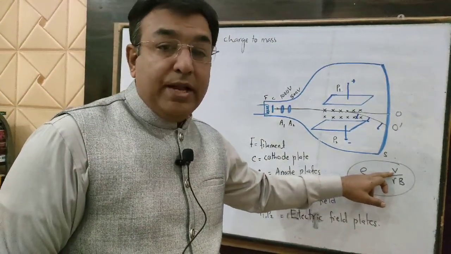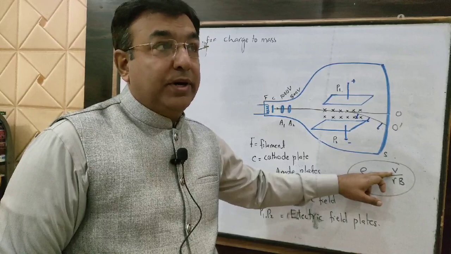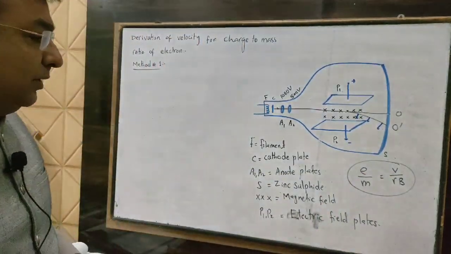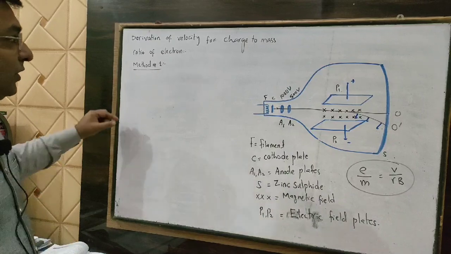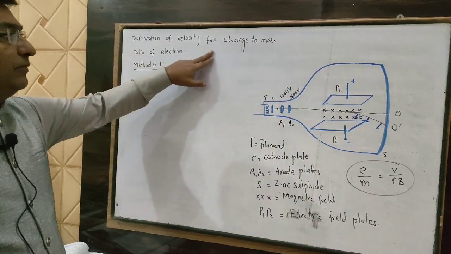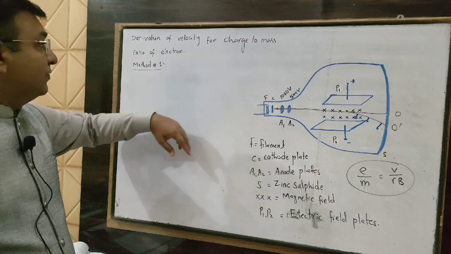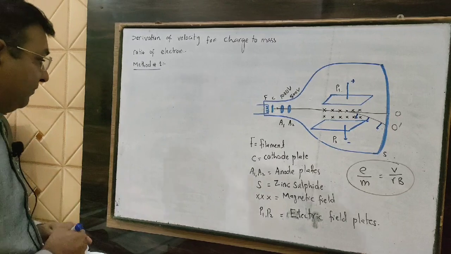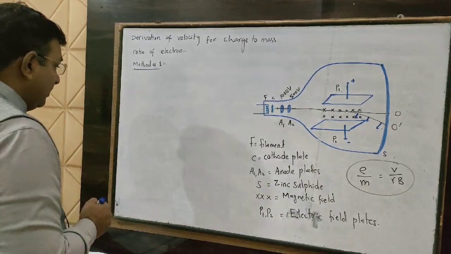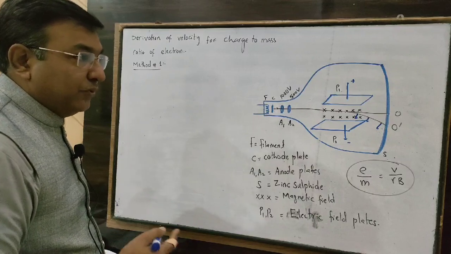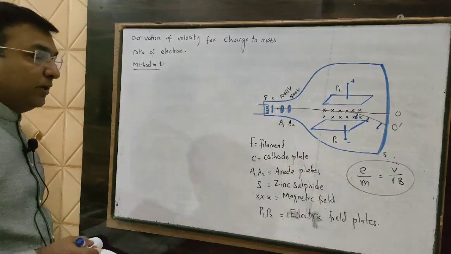If we change the formula for v, then this equation will rearrange into another form. So now we are going to discuss the derivation of velocity for the charge to mass ratio of electron. So there is method number 1. In this method we are using the definition of electron volt. Electron volt, as we study in